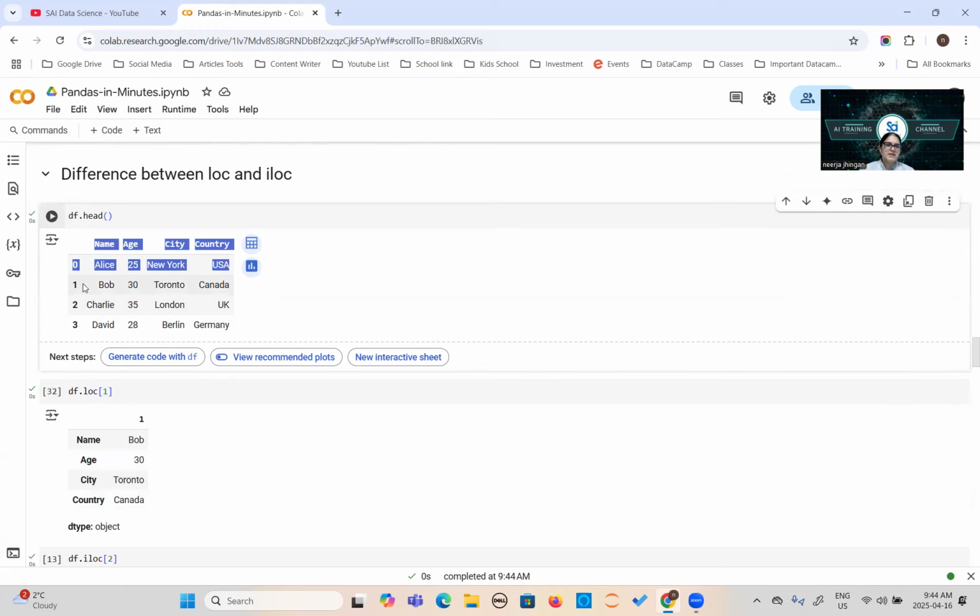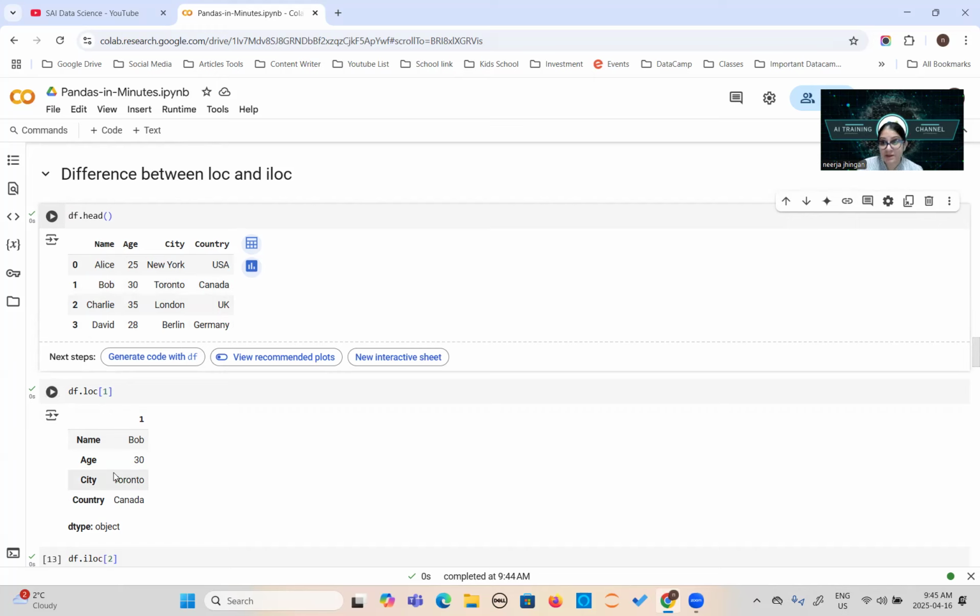So it is picking up the data based not on the index location, this is the label name actually. Why? I will tell you one thing here. Students also get confused in this. Whenever in your data set it is by default showing you the index column, this means this is the label of the index. This is the label name of the index. So that's why it is showing you. If I have used the 1, this is not the index position. This is the label name of your first index position, 1.